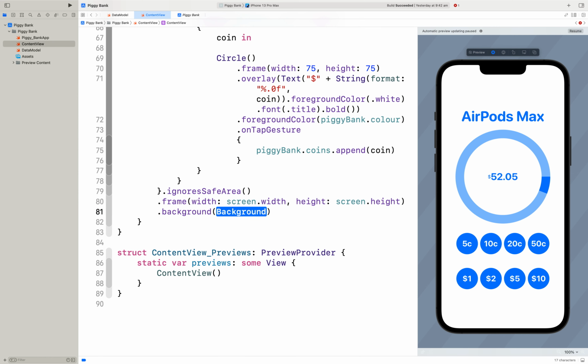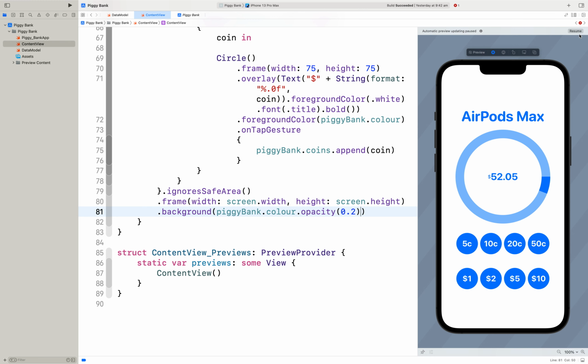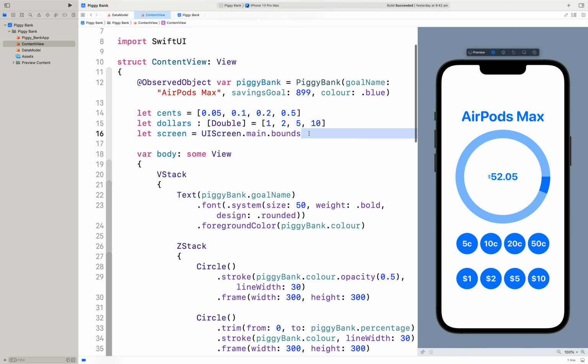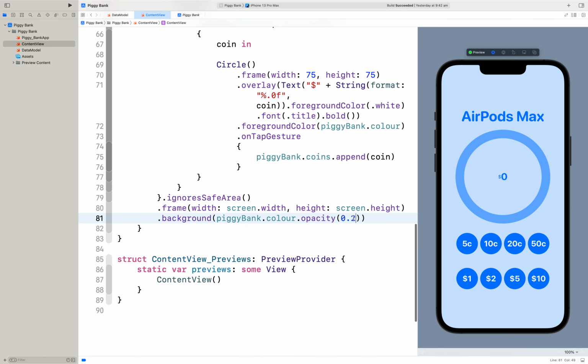Then I'm going to do a background of simply the piggy bank's color. And I'll put a nice opacity on so it's not so dominant. 0.2 should be fine. So we'll resume that to pick up that little bit of code. We got the screen because it's outside of the body. There we go, that looks quite nice. Might even just throw that to 0.1 or even 0.05. Oops. That's just a very gentle shade of blue with our interface on top, and you could tinker with this